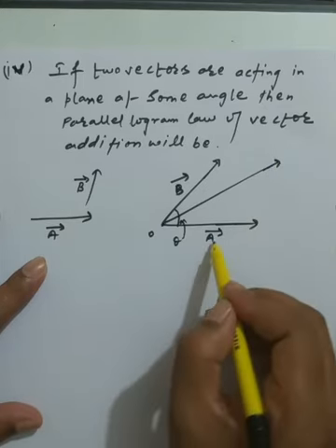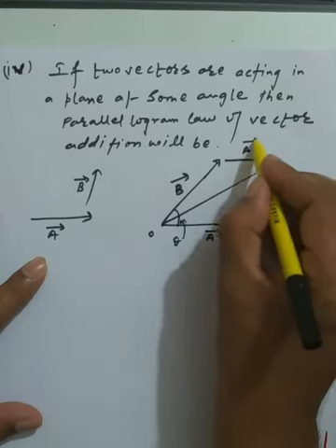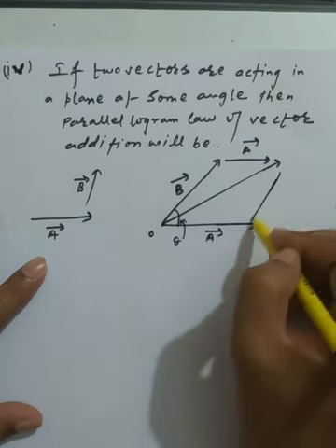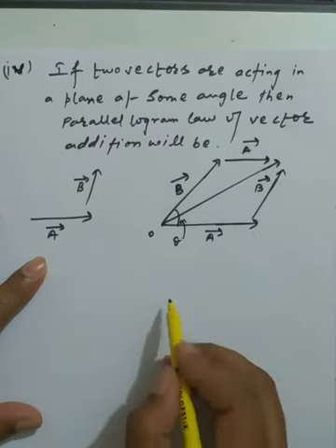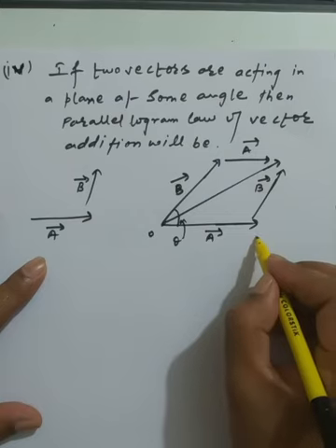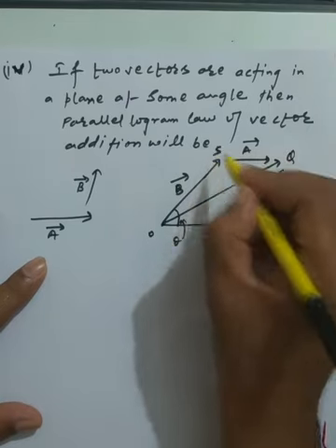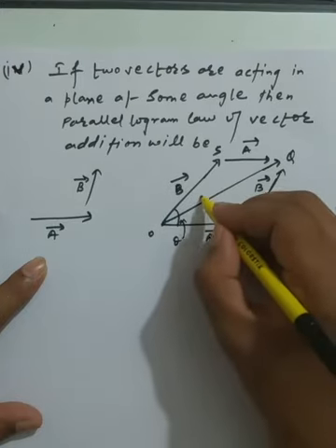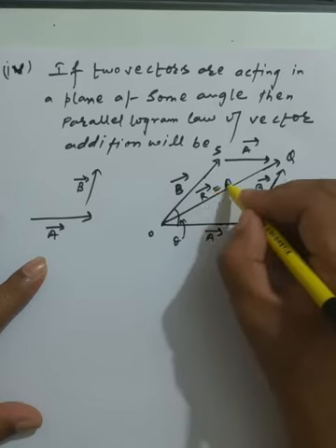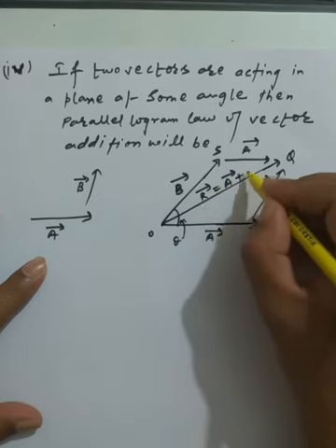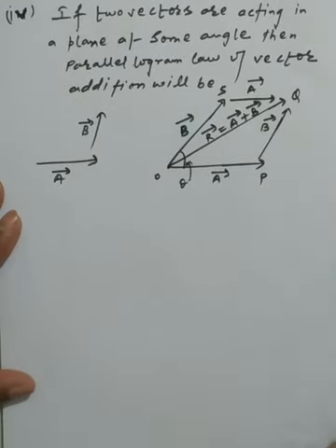So this one is vector A, and here we are plotting the same thing, that is, vector A can also be here. Here we have the fourth side, that is called vector B. This is the vector B we have, because the same criteria applies. Now we are representing the points O, P, Q and S. Their resultant, represented by the diagonal, is the resultant vector A plus B. Here we have simply the triangle rule.